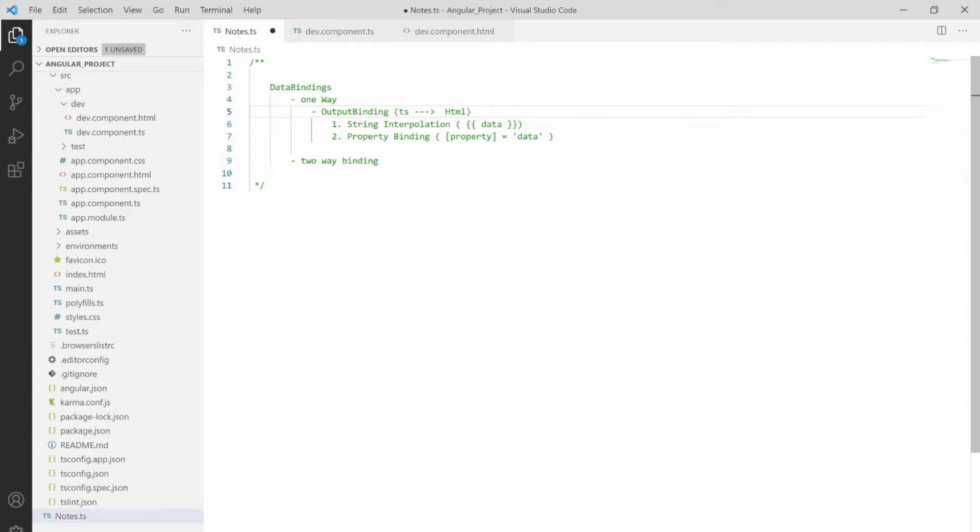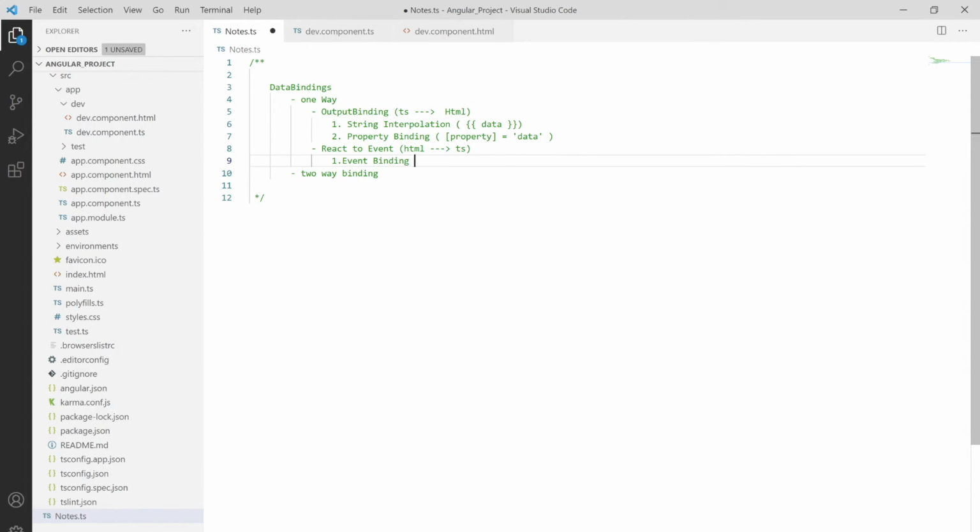Another binding which I showed you is react to event binding, which simply flows from your HTML to the TypeScript file, and which is nothing but event binding.